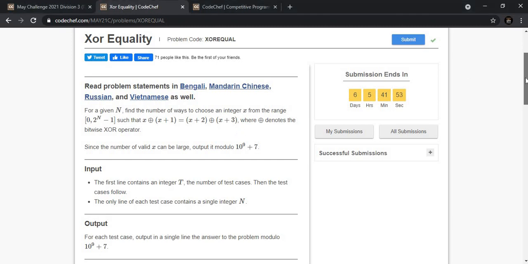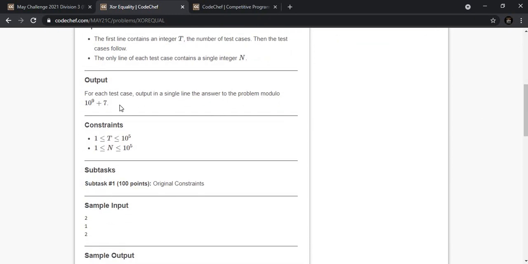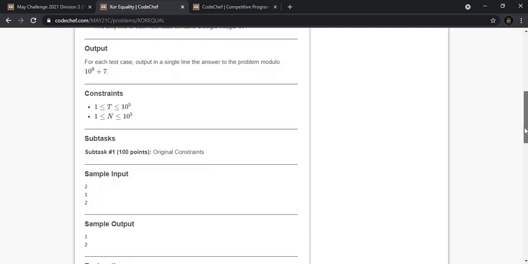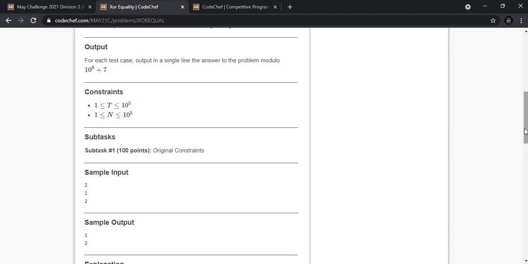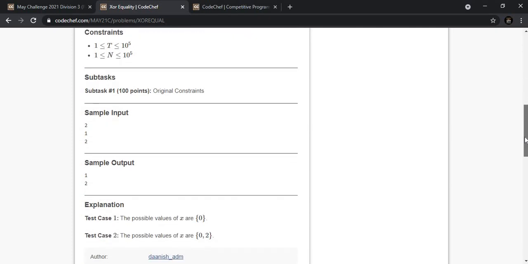So in the input we will get t, the number of test cases, and n, so we can get the range 2^n minus 1. In the output we have to print the result by taking the modulus with 10^9 + 7. So the problem looks very easy, but what we have to do in this